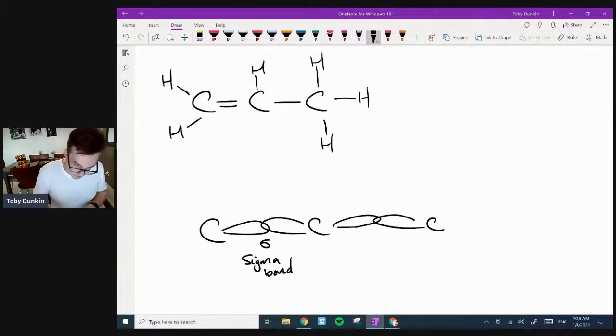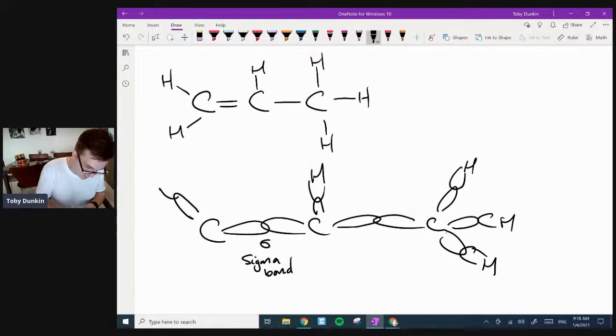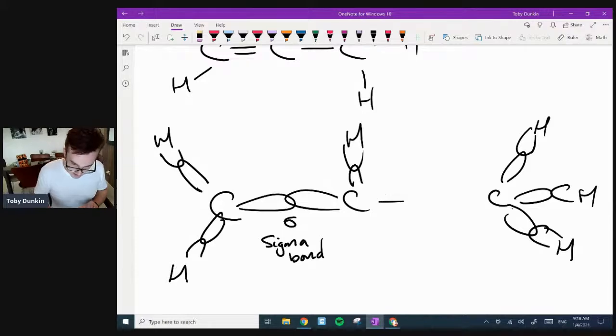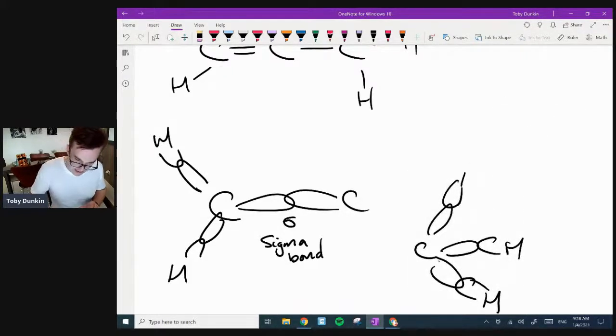Then we had sigmas over here, a sigma to that hydrogen, and a sigma to that hydrogen, and then a sigma to that hydrogen there, and a sigma to this hydrogen over here, and then we had a pi, which is the weird bit. I haven't orientated this very well, so I'm going to have to reorganize this. I'll delete that, and move this guy, because this guy has a shape like this. There we go. So there's a sigma here, a sigma to this guy here, and a sigma to this guy here.